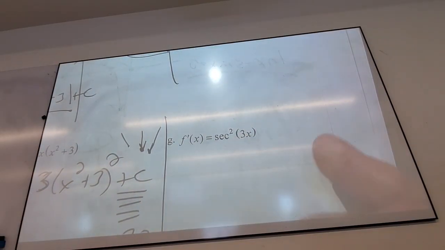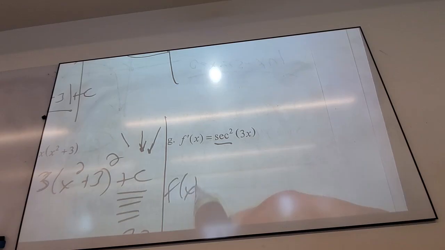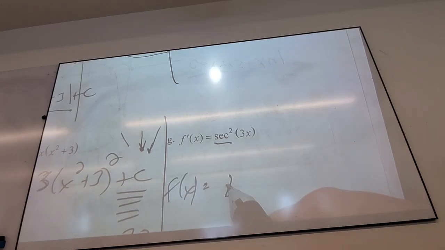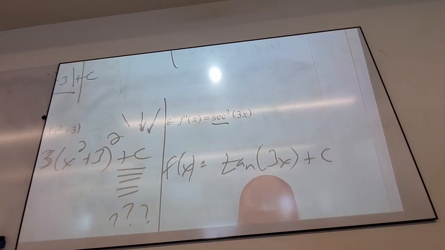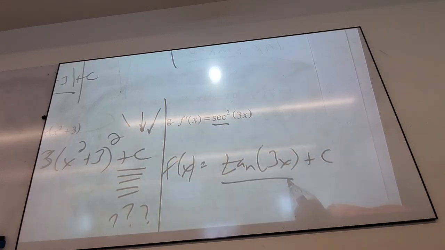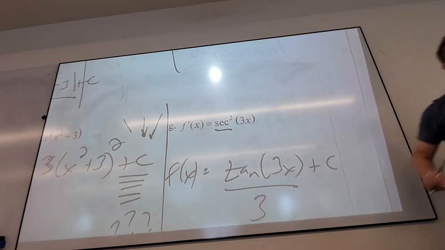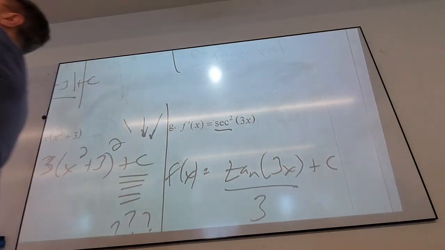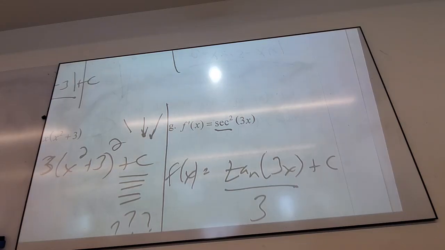So, secant squared. What must be part of the answer? 3. Oh. Tangent. Why do I know this is not the answer? Because what's this guy's derivative? 3 needs to be in the front. Secant squared 3x times 3. And is there a 3 out front? No. So what must this be over? 3. Yes! Kill the 3. There would be a 3 that would come out because of chain rule, and it's not there. So there must have been an over 3. A little ambush I set up. The 3 comes down, yay.